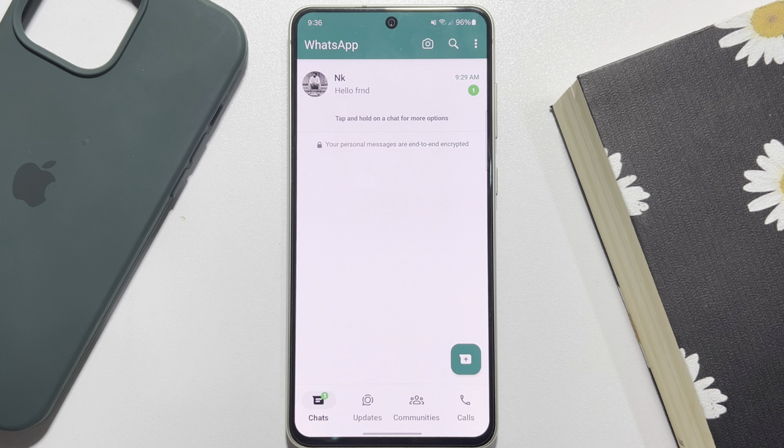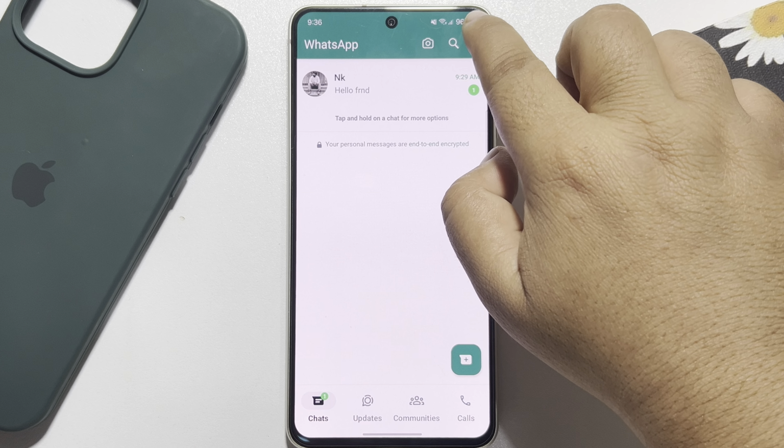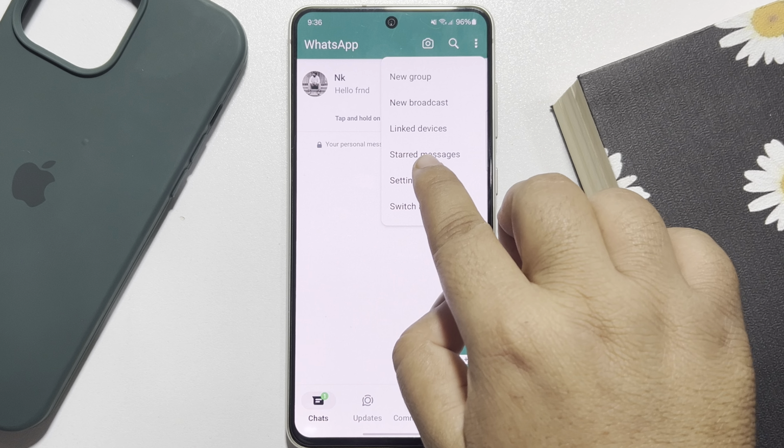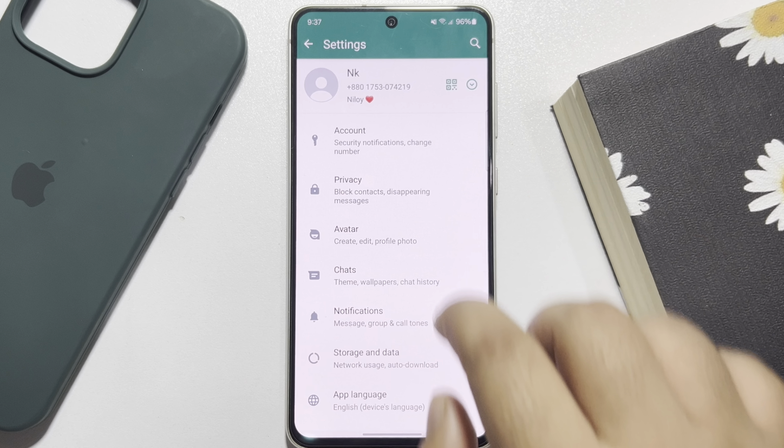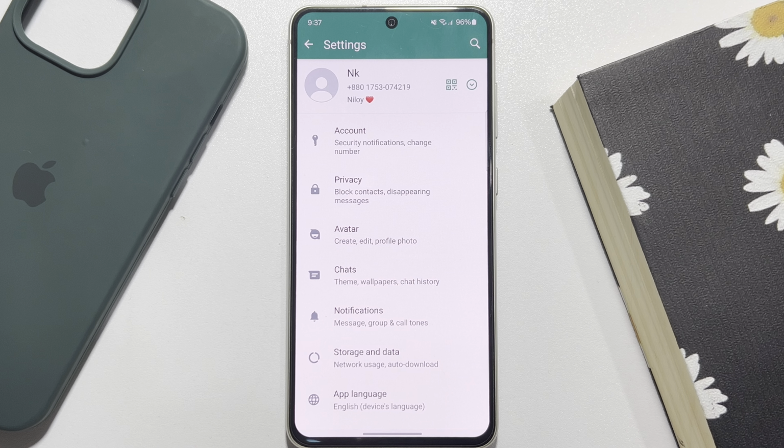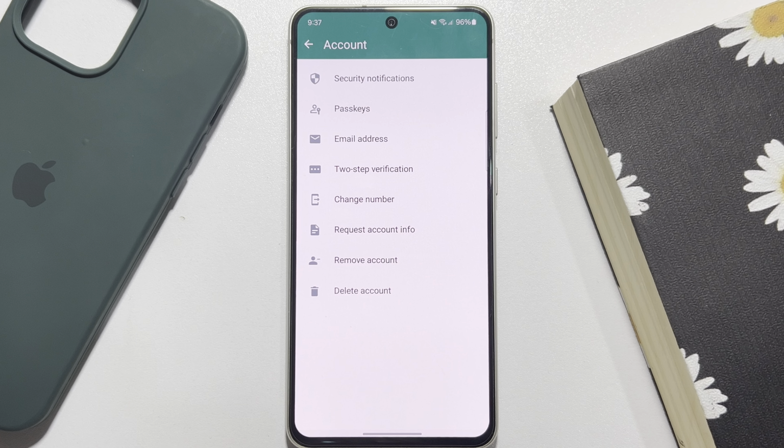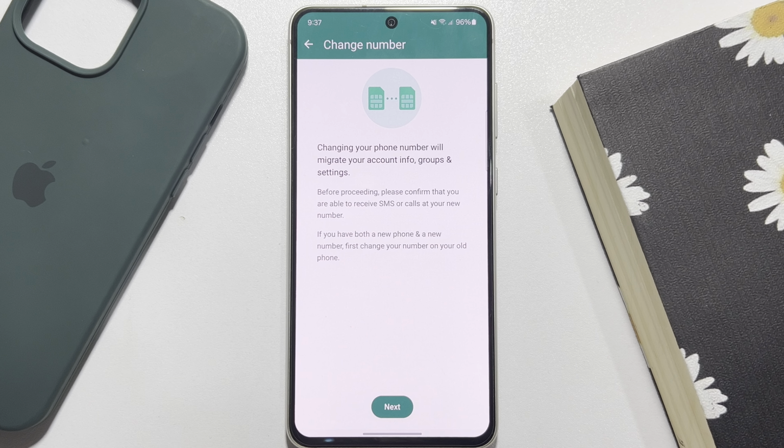First of all, go to your WhatsApp and tap on the three dots at the top right, and tap on settings. Here, tap on account and tap on change number. Tap on next